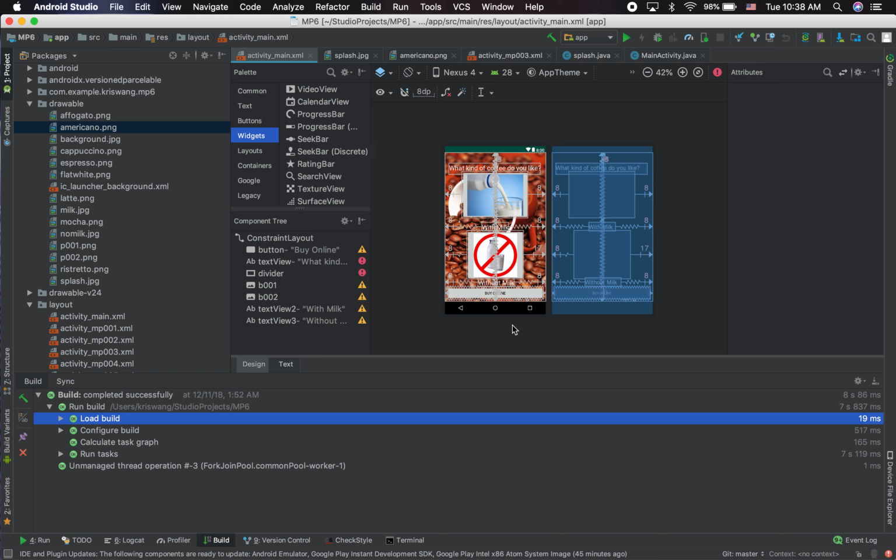When you click this button, it will direct you to a website where you can buy different kinds of coffee. The website we chose is Starbucks. It's a famous website, and you can buy different coffee beans there. So that's what we'll do: when you click this button, it will direct you to a website. And when you click this button here,